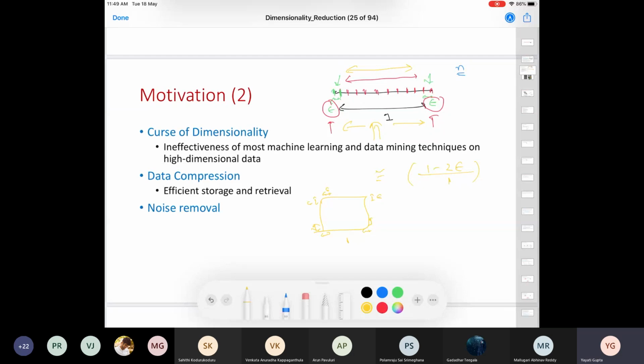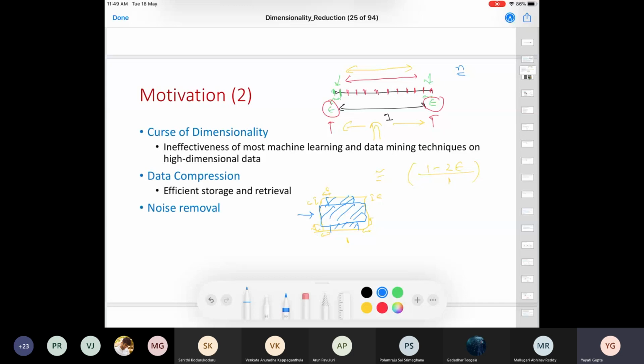What is the probability that the data points come from this blue region? I have extended the scenario from 1 dimension to 2 dimensions. So what is the probability that you get a sample from this blue region?